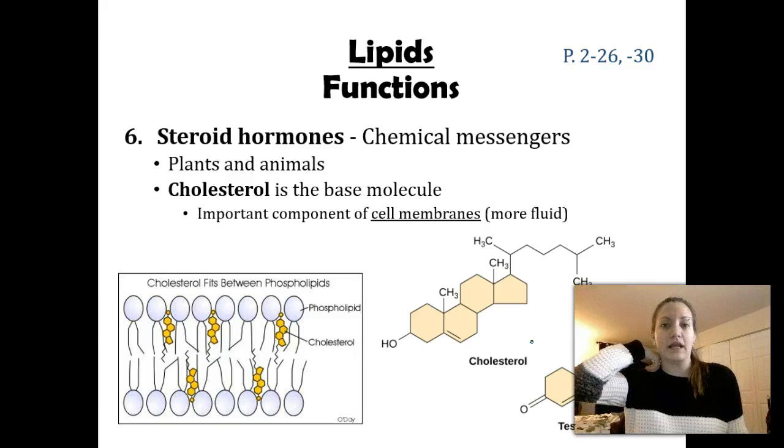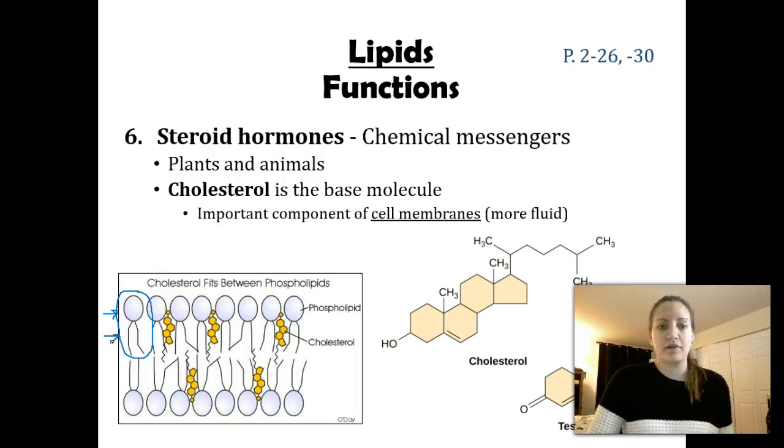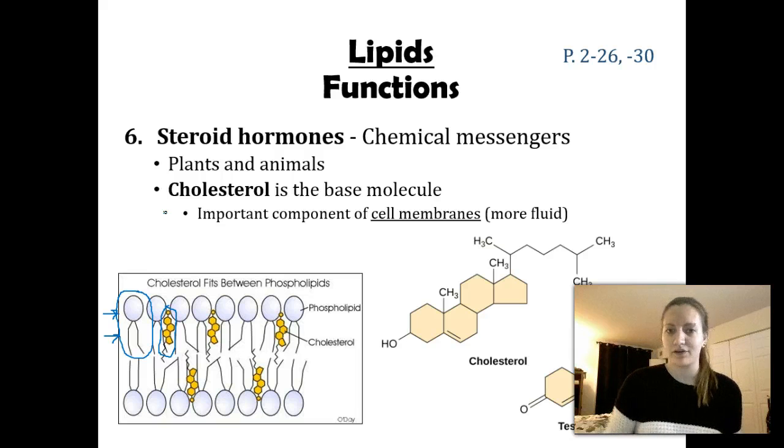Cholesterol is also important in our cell membranes. Here's that cell membrane again. Here is an individual phospholipid. Recall that the top is called the head, that's the phosphate group, and the tails are the lipids. You can also see we have some cholesterol in between, and it helps make our cell membranes fluid. Our cells aren't rigid. It's not just a cell that keeps the same shape all the time. They move around because they need to. Think about our blood cells. If they never moved around, we would never have blood circulating in our body.